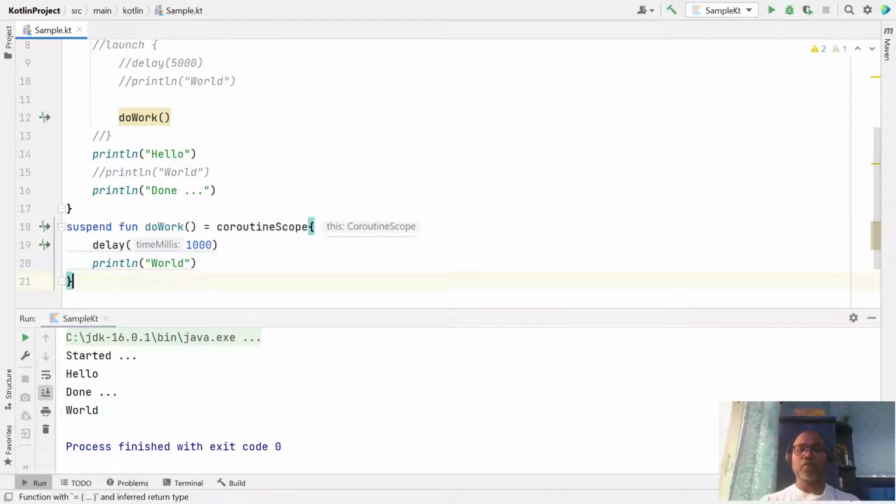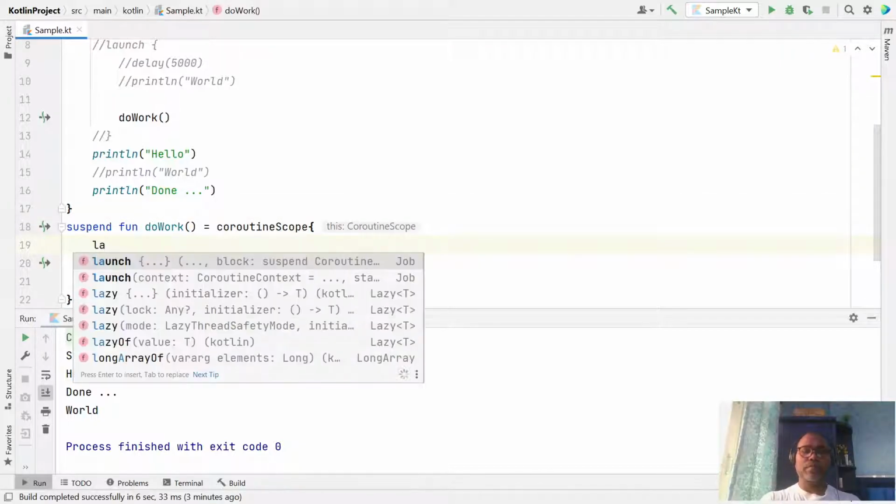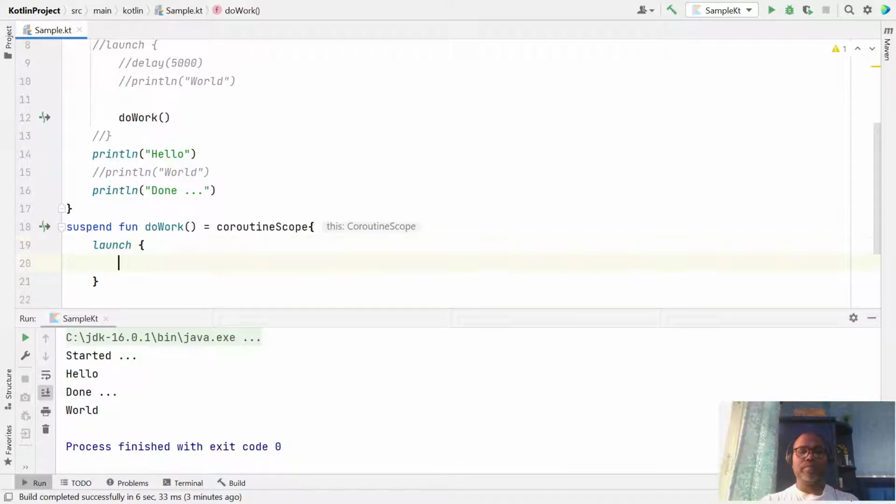Now this is the coroutine scope, and in this scope you can use launch, and inside the launch you can put whatever your logic is.